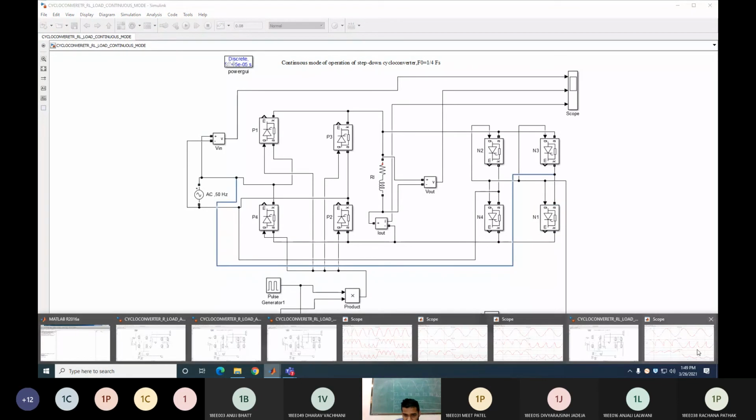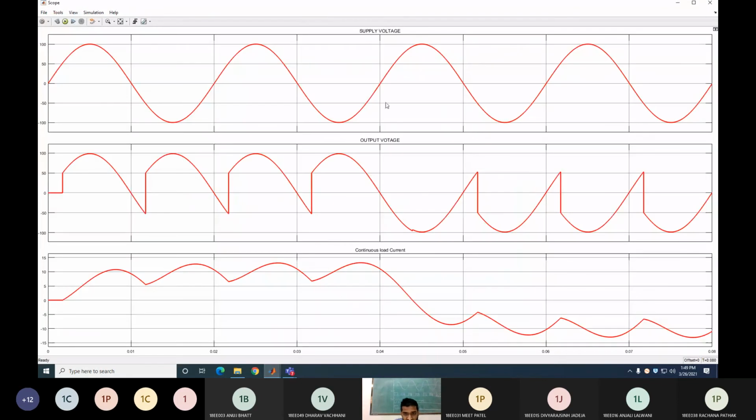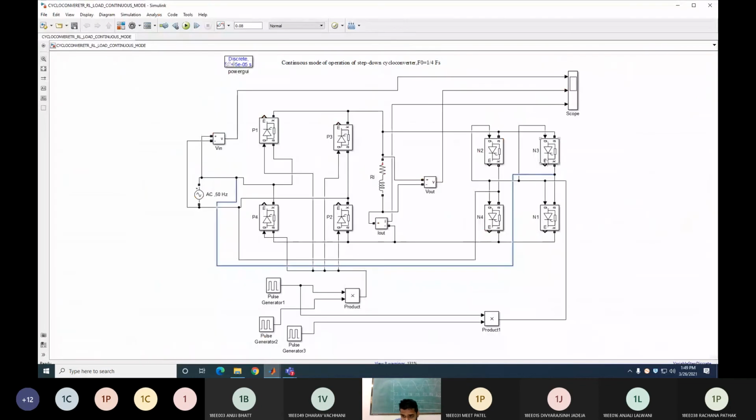What is the supply voltage here? It is a positive voltage here. After the positive voltage, the negative voltage starts here. So with the supply voltage negative, N3 and N4 are in forward bias, and you already provided the gate pulse at 5 pi plus alpha, so they will start conducting. You can see that this is the positive terminal, because of the negative cycle of the supply.